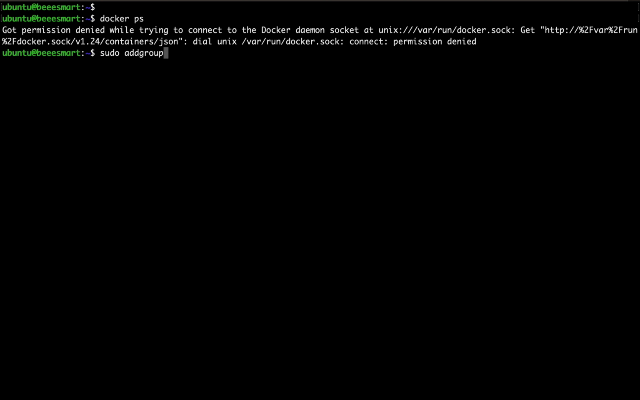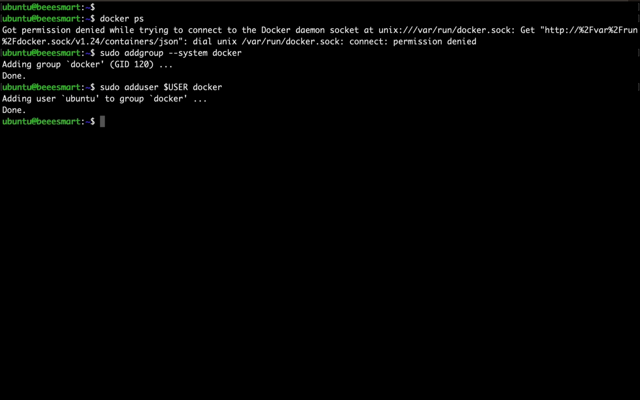To solve this issue, we should create a new group with Docker name. To do this, we use this command: sudo addgroup --system docker. Then we should add the current user to this new Docker group with this command: sudo adduser $USER docker. And to assign this new group to current session, we have to use this command: newgrp docker, and now we